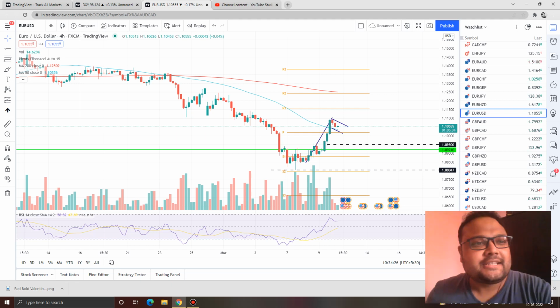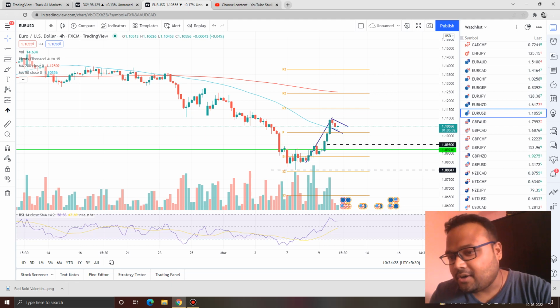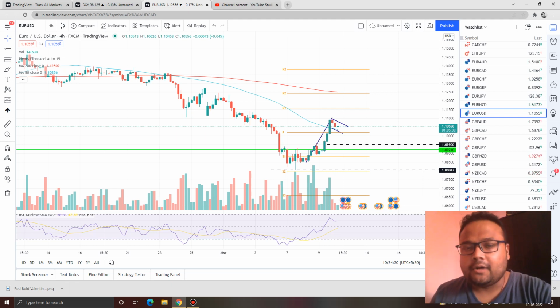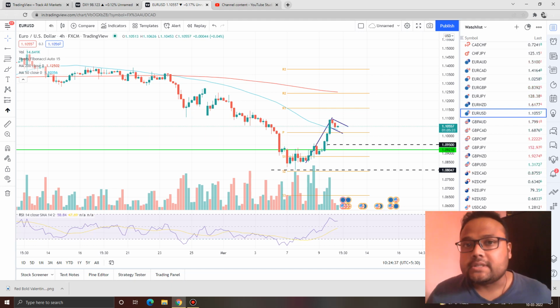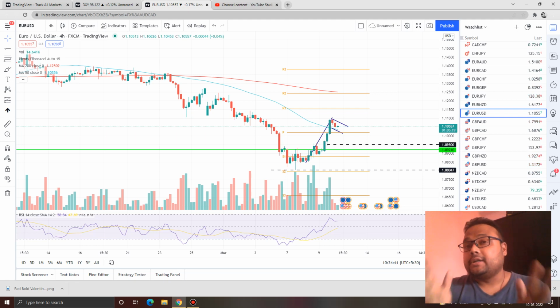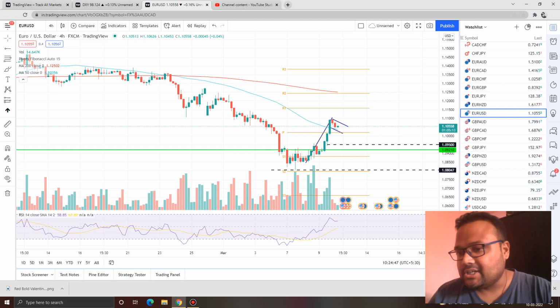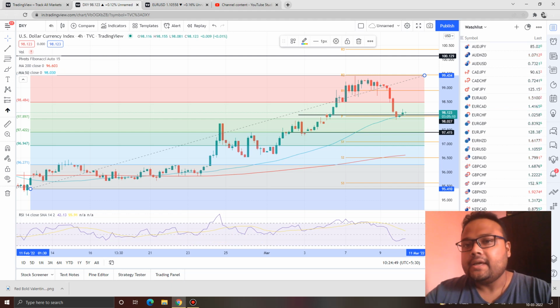So let's get started. This is the 4-hour chart of EUR USD in front of us right now, and as we all know, after this huge fall we saw a good recovery on the chart of EUR USD yesterday. When the war started, dollar, gold, oil, they all started flying, but yesterday we saw heavy correction on all the charts here. If we look at the chart of DXY, you can see that after making a high of